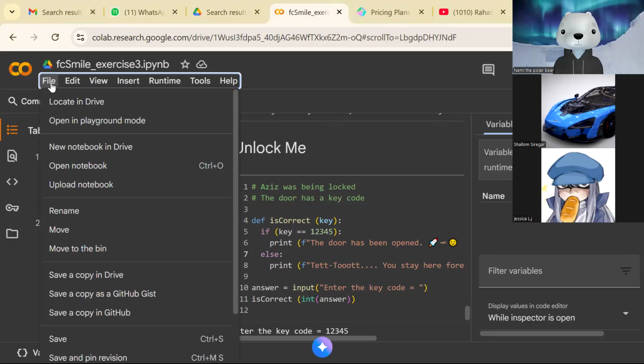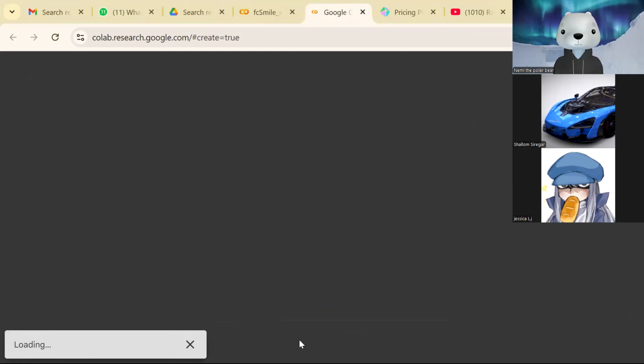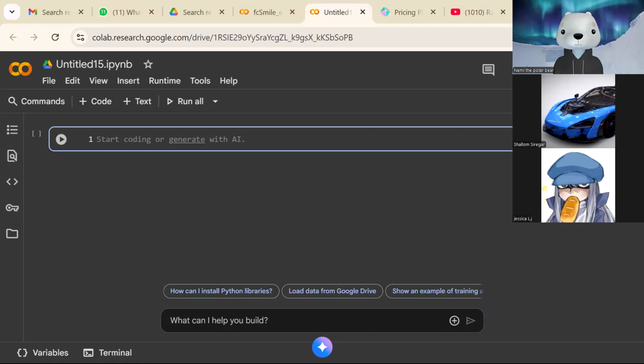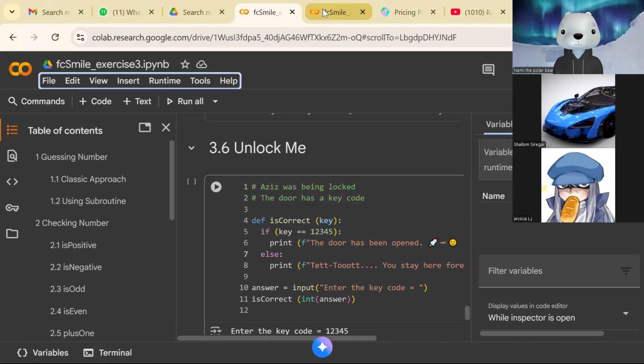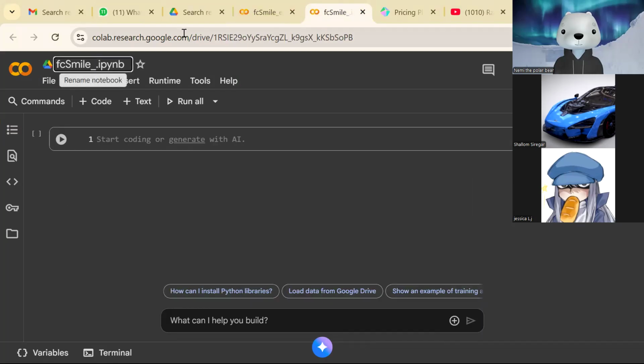File, new notebook in Drive, and then FC Smile, Array.